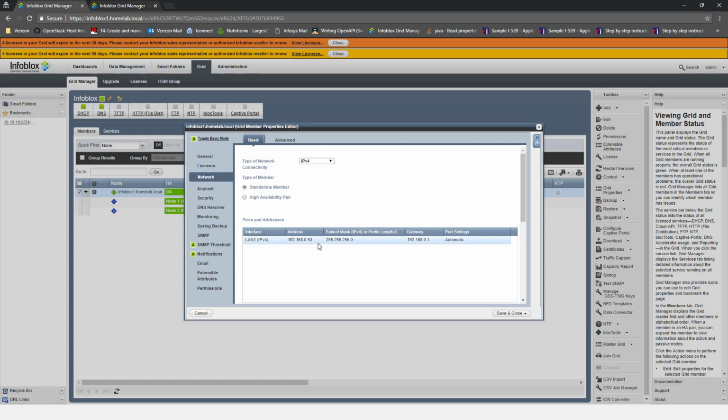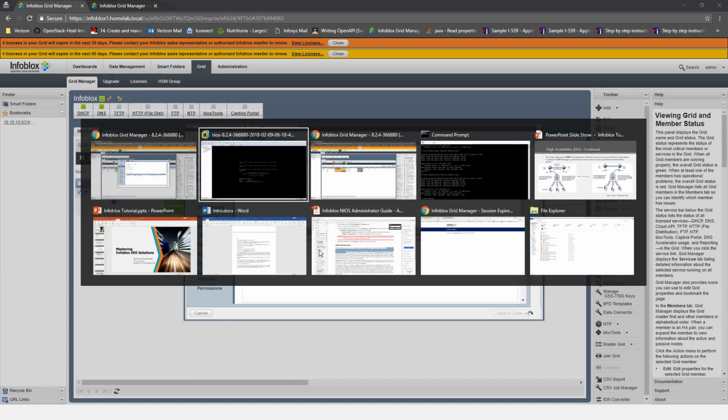Right now, as you can see, the VIP IP address 0.53 will be mapped to the LAN 1 interface. So now if I do a save and close, this appliance will do a restart, and after the restart is complete, we will see that the HA will be broken, and the grid master will be a standalone appliance with the IP address 192.168.0.53. So let's get to the slide,